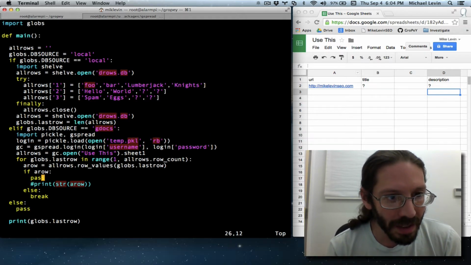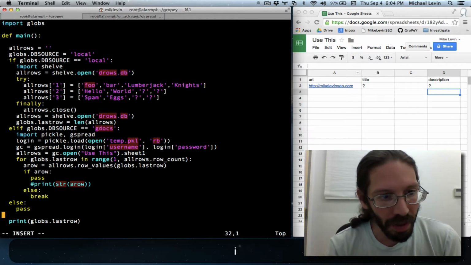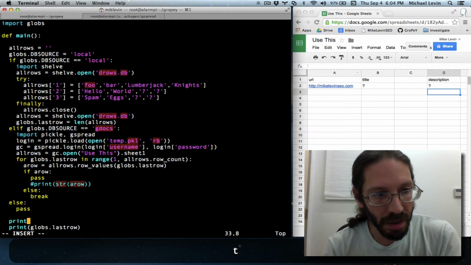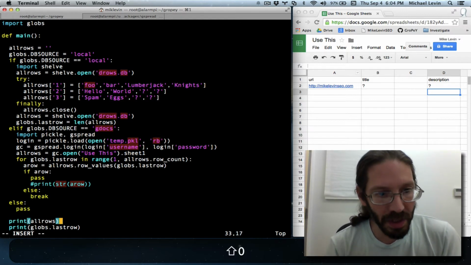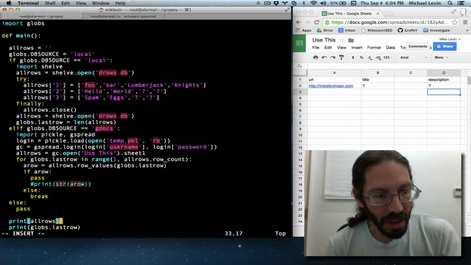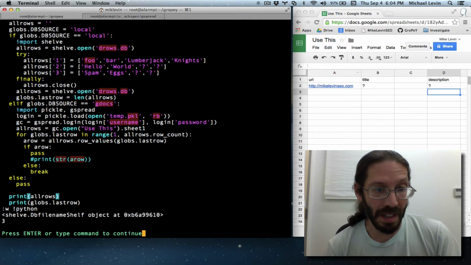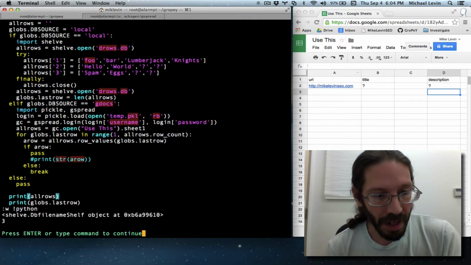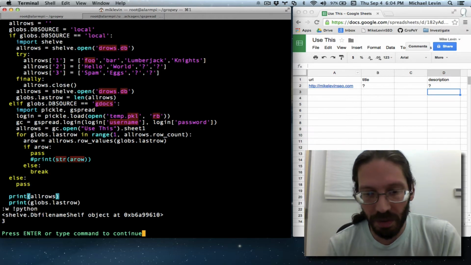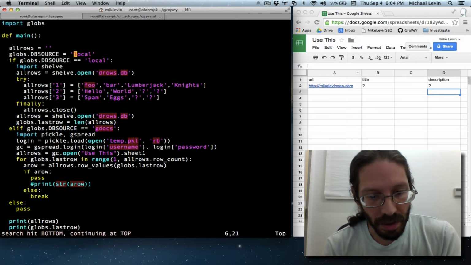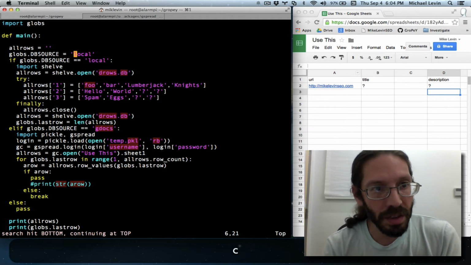I think that's the last thing I'll do is print all rows without any special thing about it. I'll get the pointy bracket notation, but it's still important just because I want to see it's there. Yeah, it's there as a shelf object given the first route, and I search on local and change,